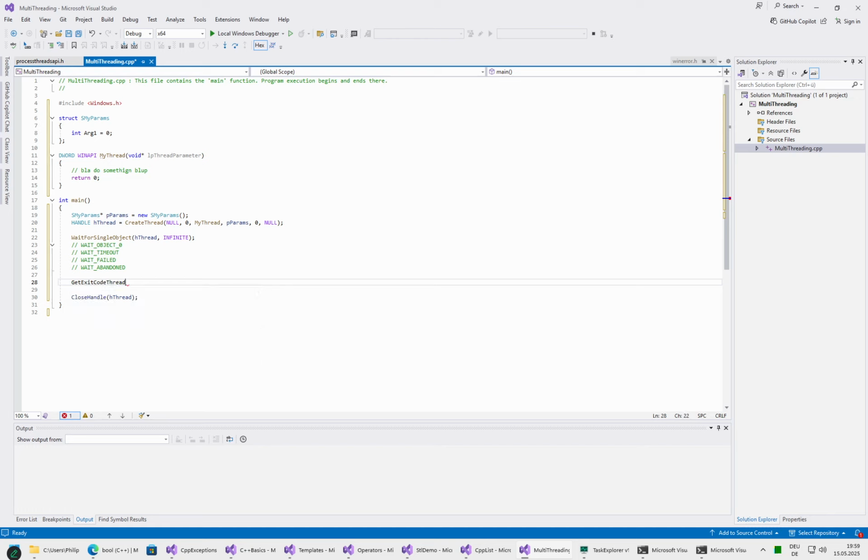Get exit code thread. As you have seen, there is also a get exit code process, which gives us an exit code for a process. So when you create a process, then you can also wait on it, and then you can also get its exit code. The exit code will be whatever the main function returns. And here this thing can of course return 1 or 0, meaning success or error,